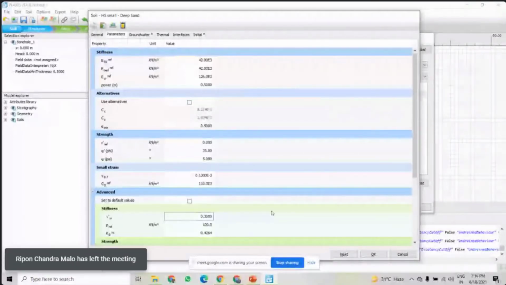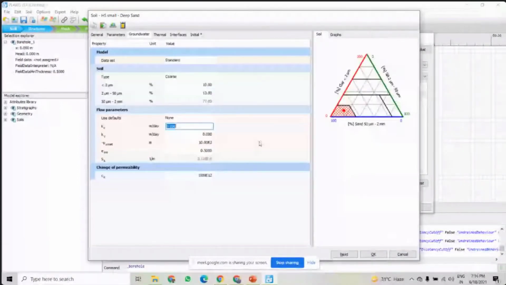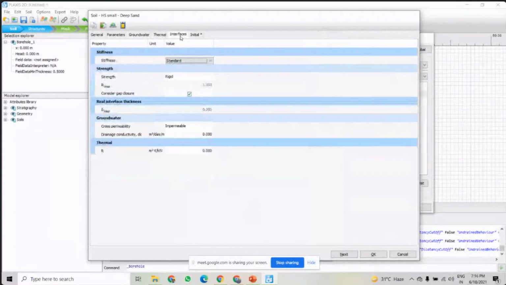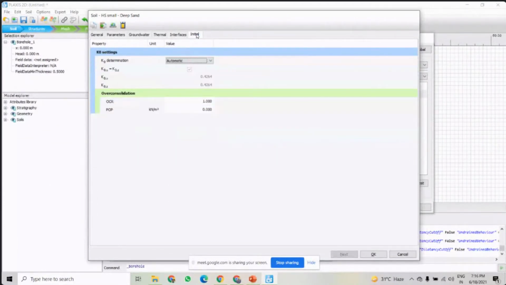In groundwater we have to fill this permeability, 0.5 meter per day. And then interface. So interface will be manual at 0.7. Then initials, this is automatic, and everything will be the same.